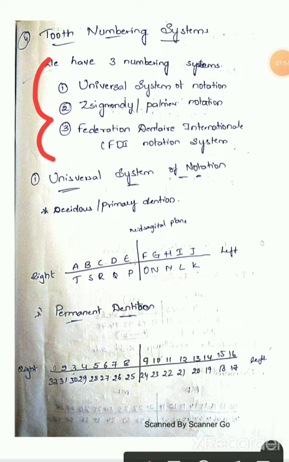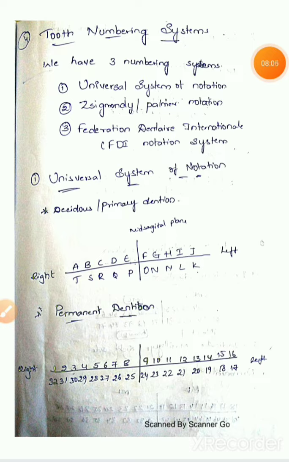The numbering starts from the right maxillary last molar. So this universal numbering system usually starts from the right maxillary, which means from the last molar, and from the last molar to the incisors it is represented from A to E. From the incisor to the left second molar, the second deciduous molar, we give F to J. So A to J represent the upper arch, whereas K to T, in reverse, represent